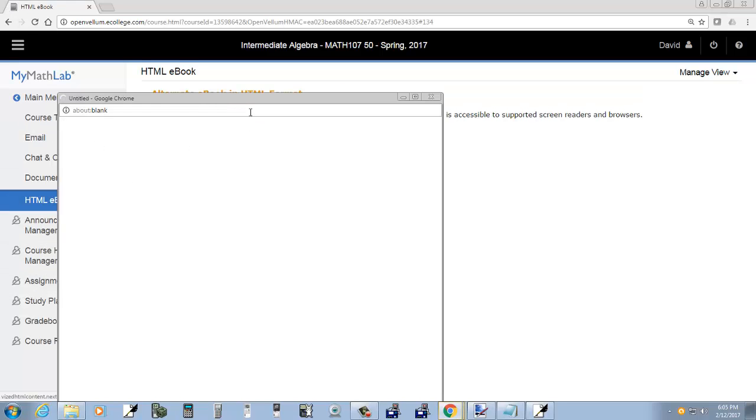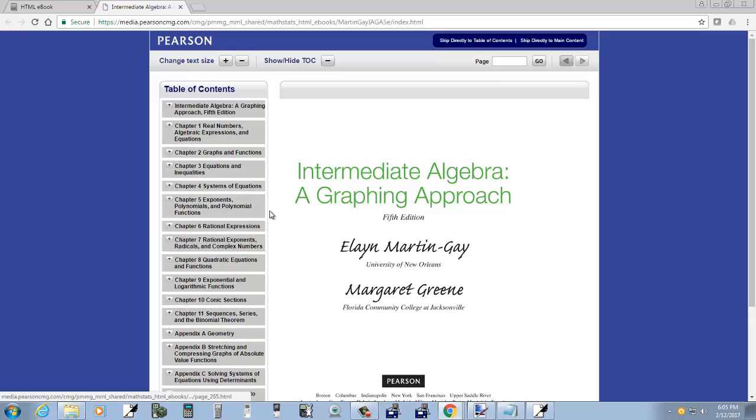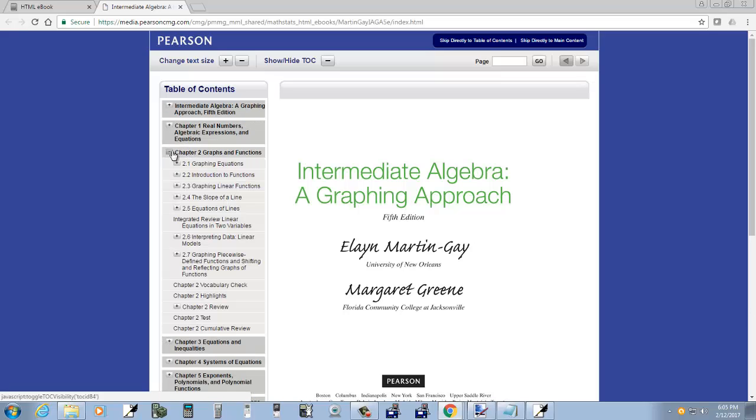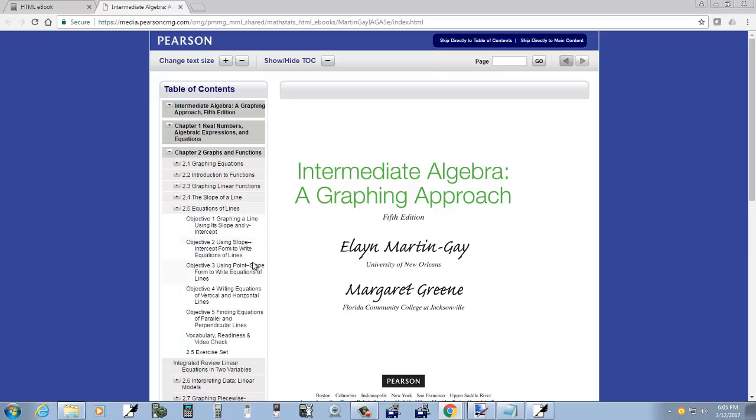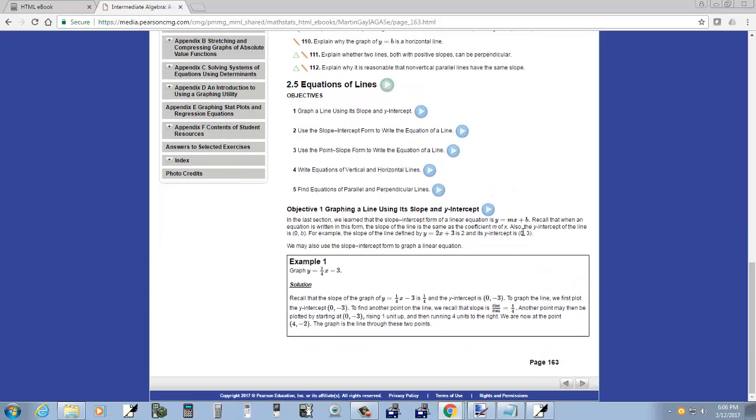There we go. And let's see what equation of line, graph of line using slope-intercept form. Okay, so